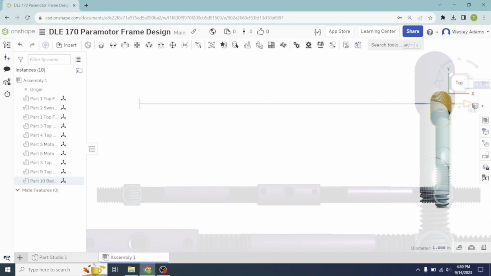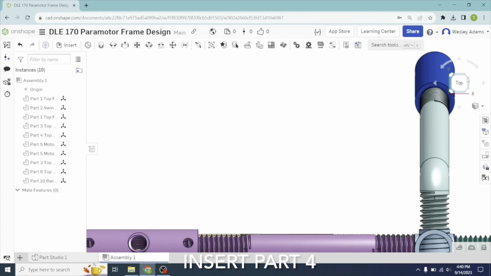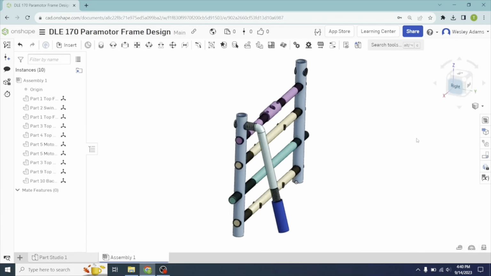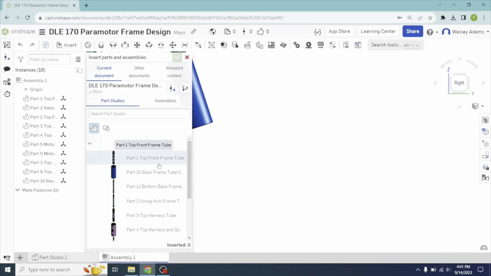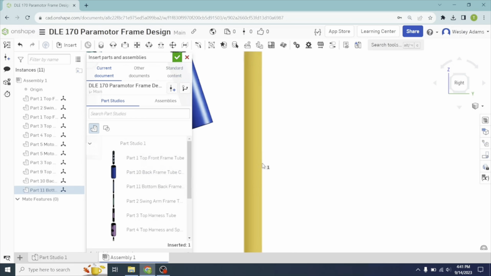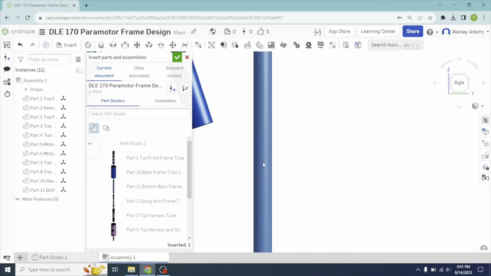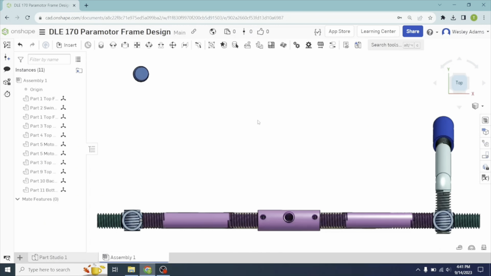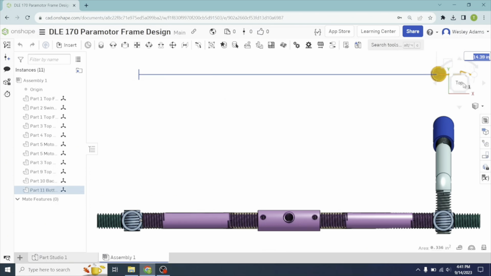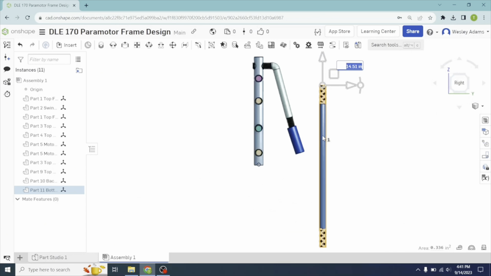Alright, there we go. And let's go to right view. Alright, so let's go insert. Let's go to part 11. And let's bring it over here, close. Let's close that out. Let's go up to top view. Let's bring it over, get close to where we were at. Go back to right view. Let's bring it down,